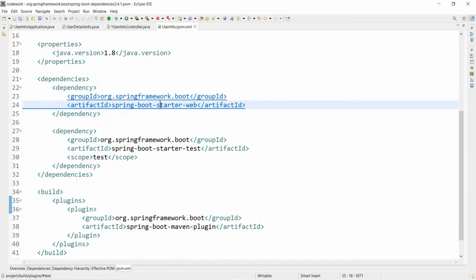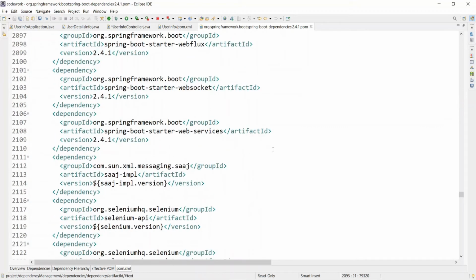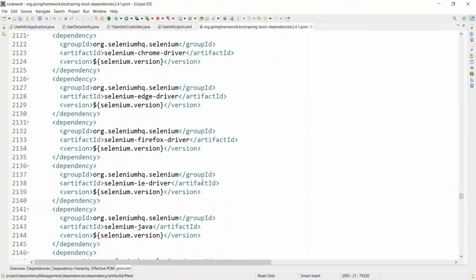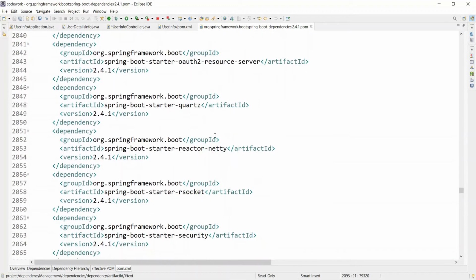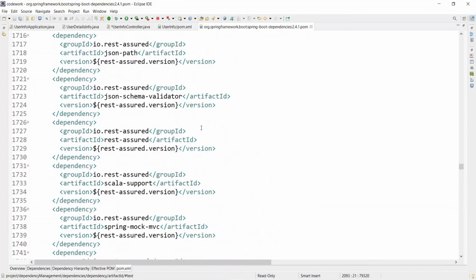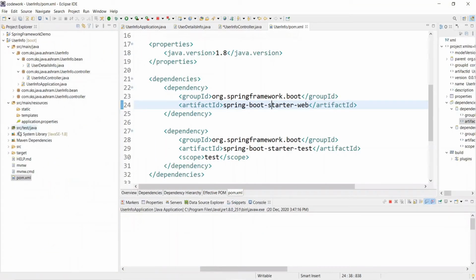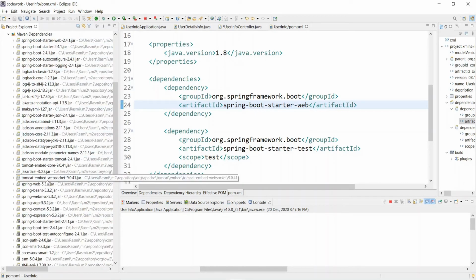If you go to the Maven dependencies, you see all the jar files required, Jackson to convert the data into JSON format, Spring Boot autoconfigure, Spring Boot starter logging, all already downloaded.